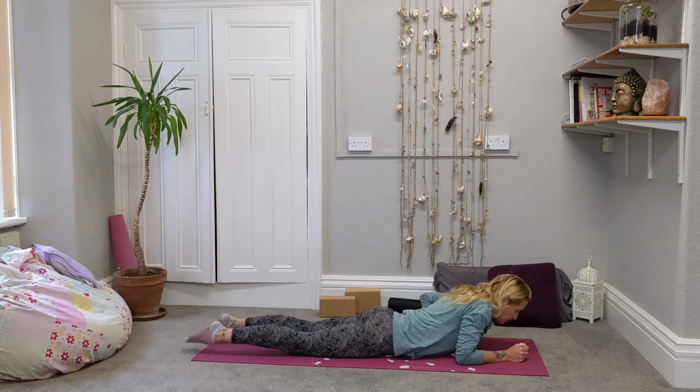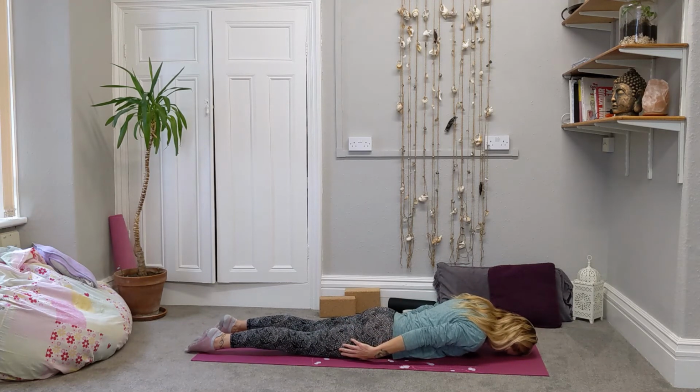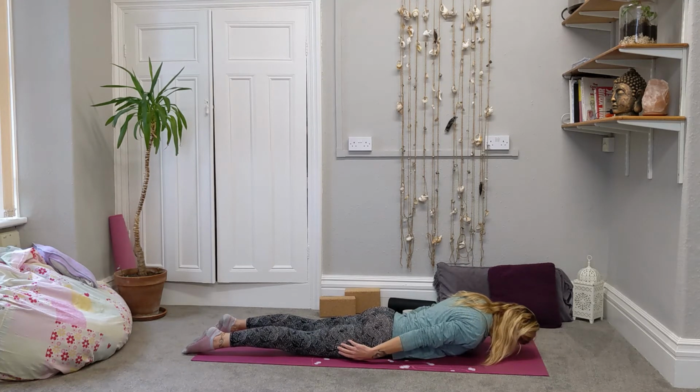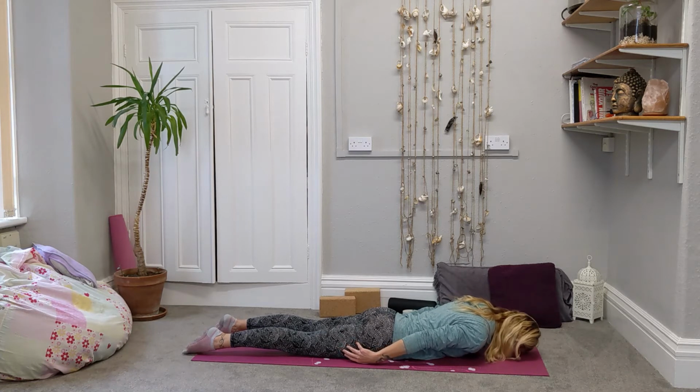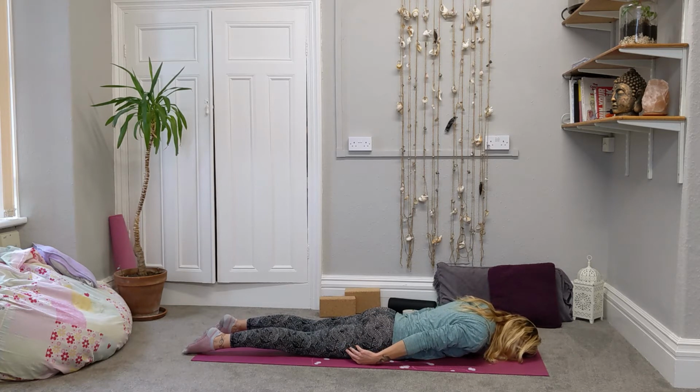So the legs can roughly be in line with the hips, and we reach our hands round to the side of the leg. As you breathe in, just slide the fingers down to see if you can lift the chest. So again, this doesn't have to be a big movement, it could be quite little. It might even just be a fraction up off the floor. Maybe you come up